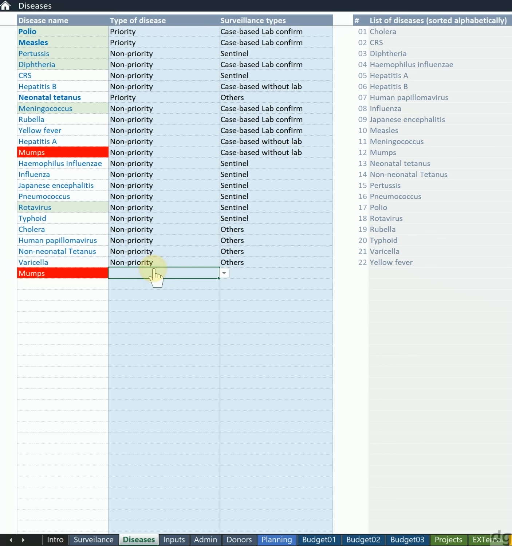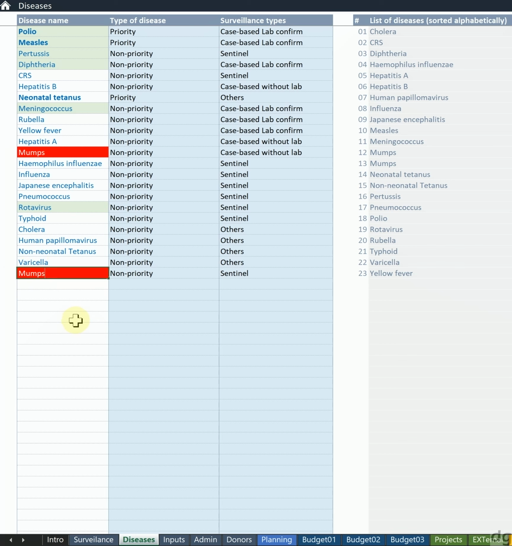For this to register, even though the Sentinel surveillance type is different in these 2 cases, it's still duplication because there should be just one formulation of the disease. So what we suggest and what you will find in the user guide is that it's